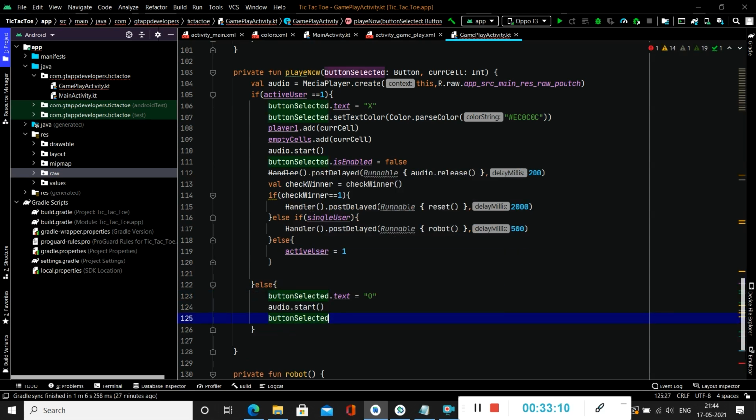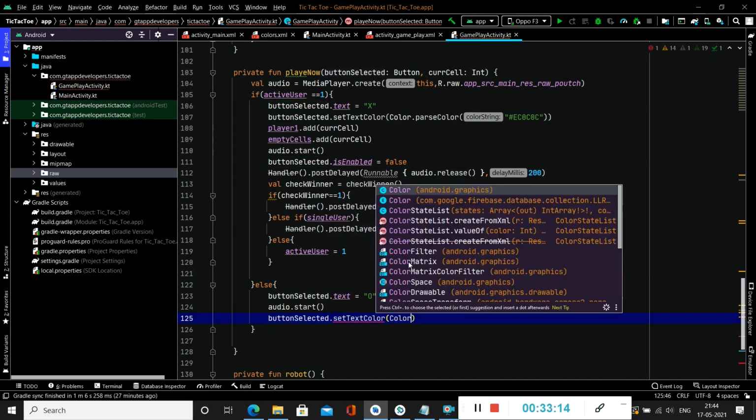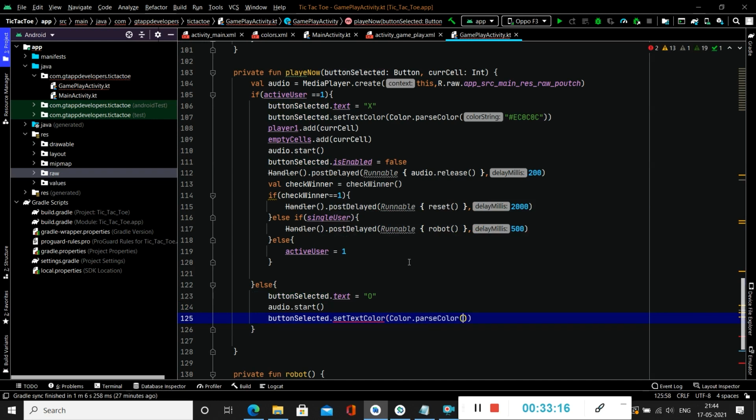We will be adding button selected dot set text color dot parse color. Here we will be adding color code. Here we will be changing the active user as 1,